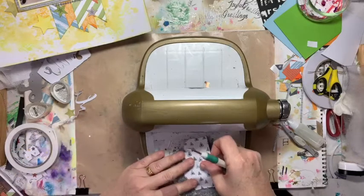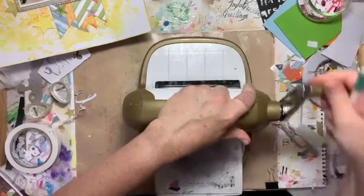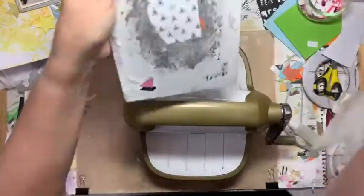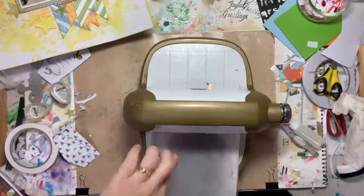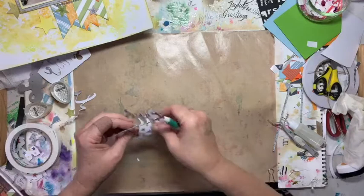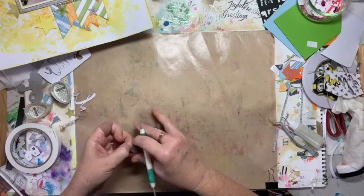Okay, so once again I'm using the magnetic C-plate. Then you could use letter stickers for this. I need to find where my letter stickers are. I have to admit to not using many letter stickers these days. Probably got,